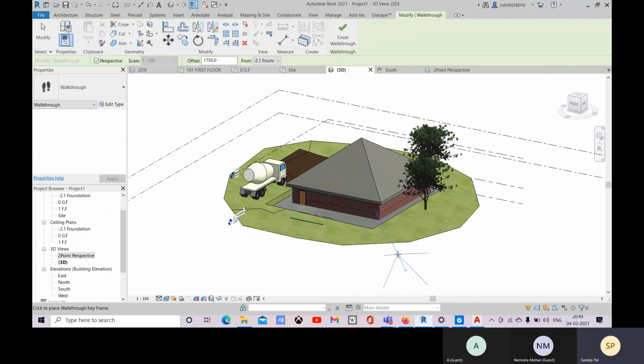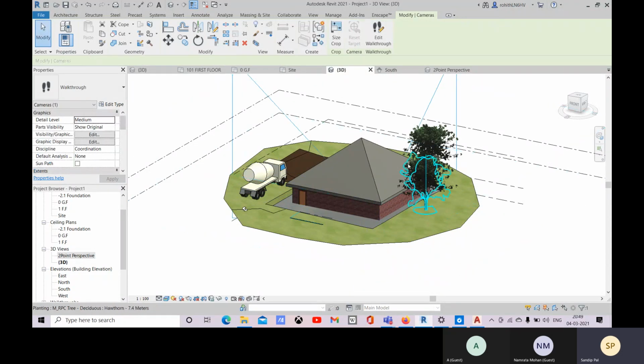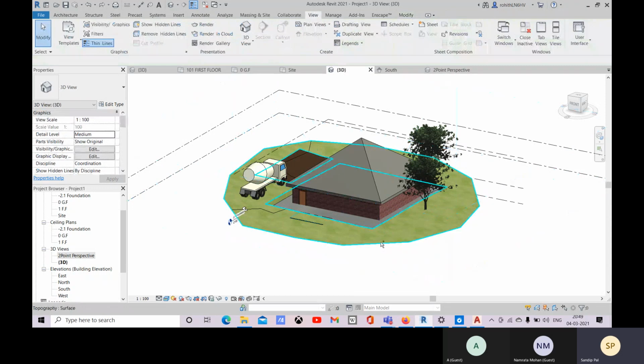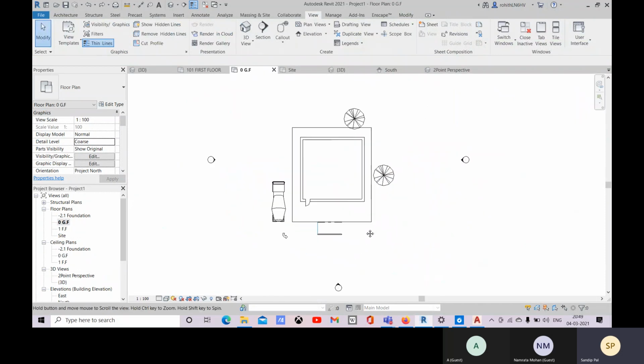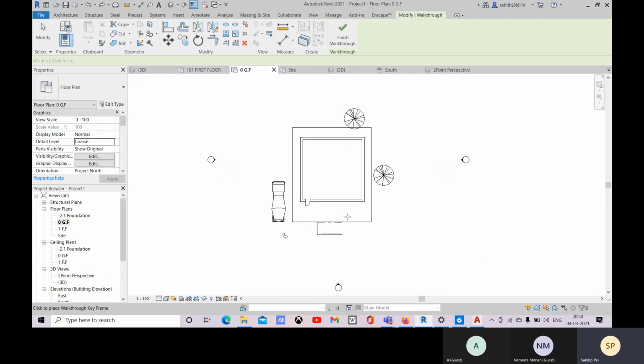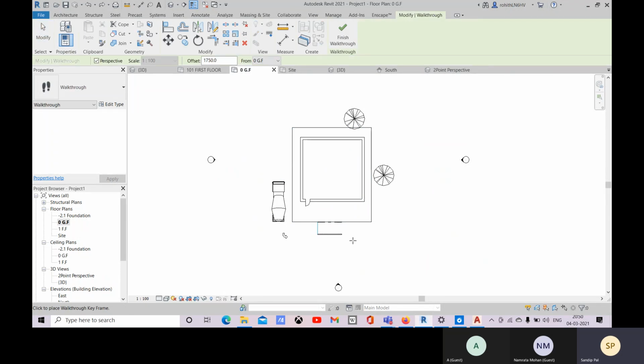Better you create with vision, you create better. So let's go to down level, down road. Now let's create the walkthrough. So if we just place it from here.